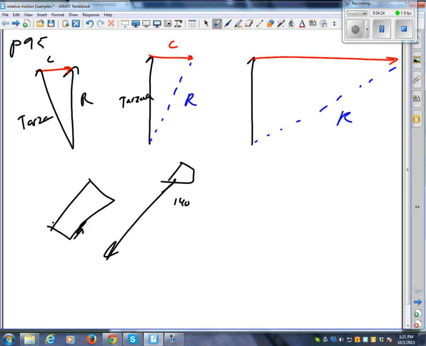Now suppose you pass the patrol car with a velocity of 140 while it's moving with a velocity of 100. First of all, that's a bad idea. If the cop's doing 100 kilometers an hour down the road and you pass him doing 140, you get exactly what you deserve.